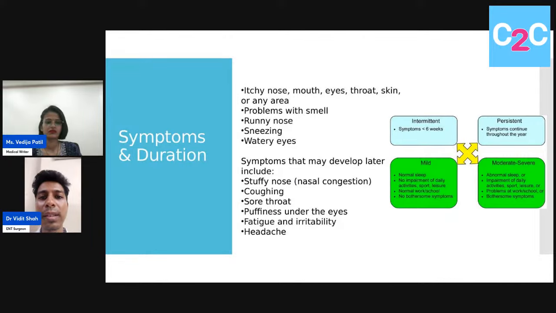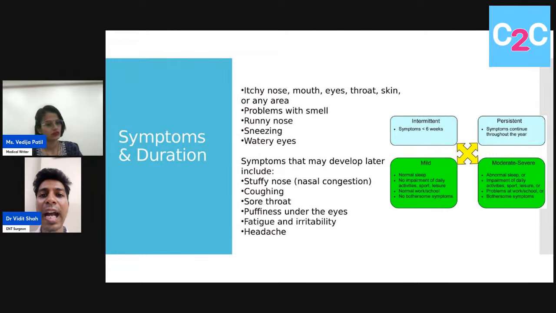Yeah. So the symptoms and duration of allergic rhinitis. As we mentioned, there is an itchy nose, an itchy feel in your palate, in your mouth, and an itchy feeling around your eyes with a lot of watering from the eyes, as mentioned in the slide. Also, a lot of patients come with a leaky nose, a runny nose, and recurrent sneezing episodes. Sneezing episodes are such that they come in bouts. The minute they wake up in the morning, they'll have a continuous bout of at least 10 to 15 sneezes